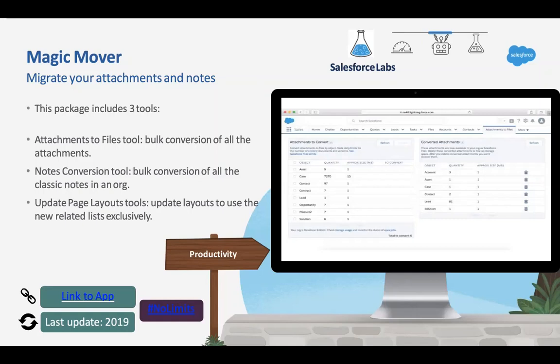And nowadays, in order to do a migration, of course, it's a hectic process for everyone to convert all the attachments to Lightning-related files, Lightning-related notes, Lightning-related page layouts and all this stuff. But now this tool will help you out in a fraction of a minute. Within 1-2 minutes, all your attachments will be converted into files, all your Classic notes will be converted into Lightning notes, and it will upgrade all your Classic page layouts to Lightning app page templates, right? This is really cool stuff. If anyone is trying to migrate their current platform from Classic to Lightning, I think this is the best app, what I feel,